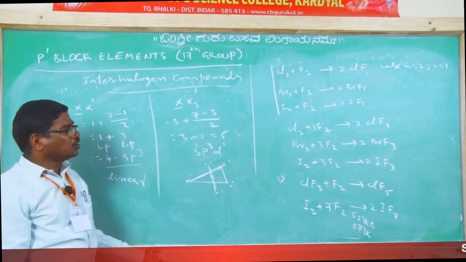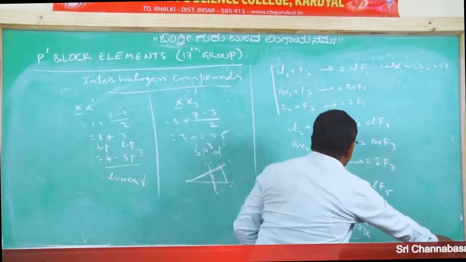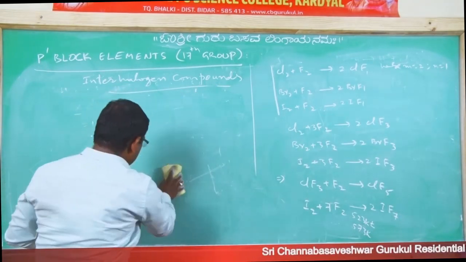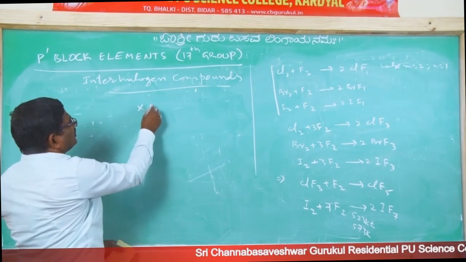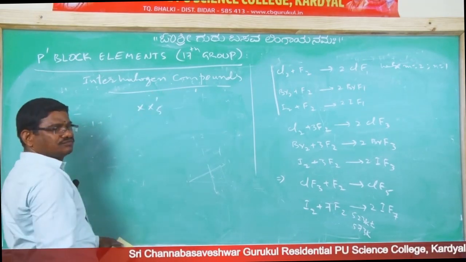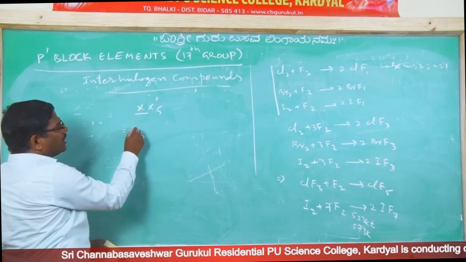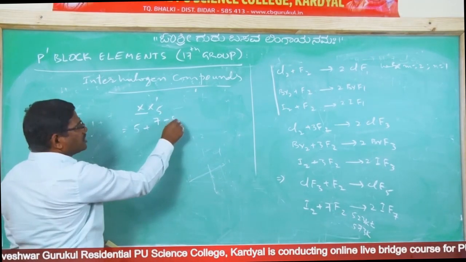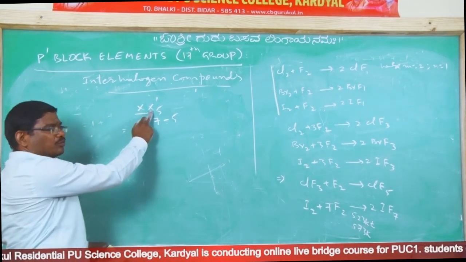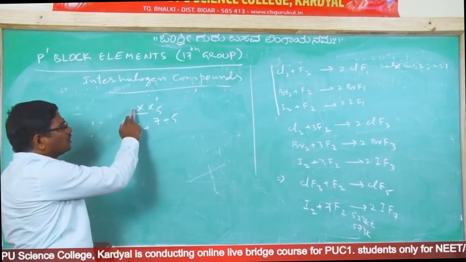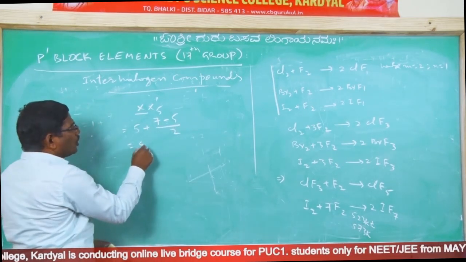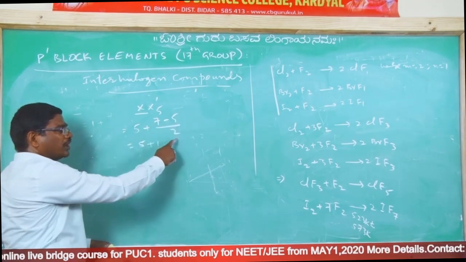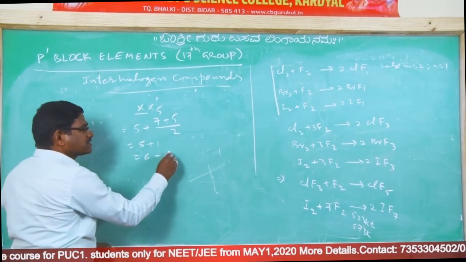3 bond pairs with 2 lone pairs, XX'3. Now XX'5. In this case, around the central atom 5 atoms are attached. The number of pairs is (group number 7 minus oxidation number 5, because it is monovalent, plus 5) divided by 2. So 7 minus 5 is 2, 2 by 2 is 1, 5 plus 1 will be 6,